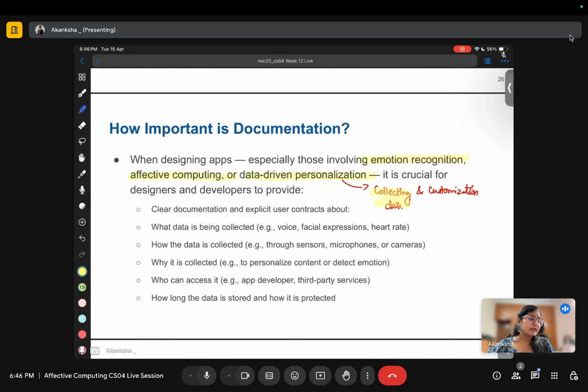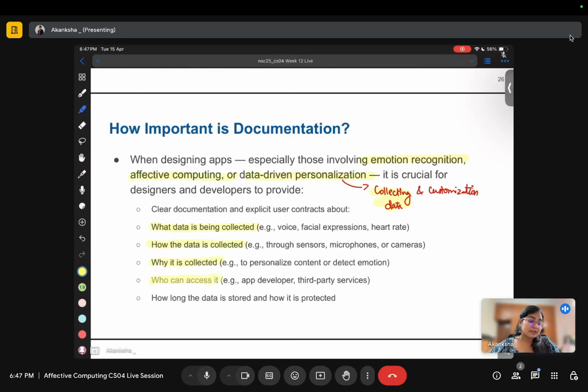Because here we are collecting data, as a consumer, I do have all the right to know and understand how the data is being collected, what data is actually being recorded, why, what is the reason. It shouldn't be the case that you are a chatbot, you have nothing to do with my, let's say, facial video, but you are still recording that unnecessary data. There is a possibility that since it is unnecessary, it might be misused or exploited, it can be sold, my data can be sold, which I do not want.